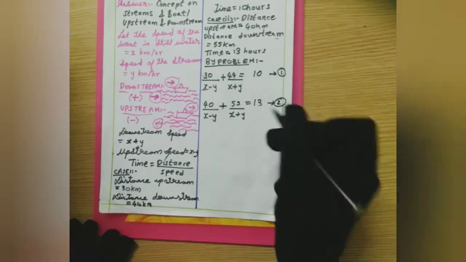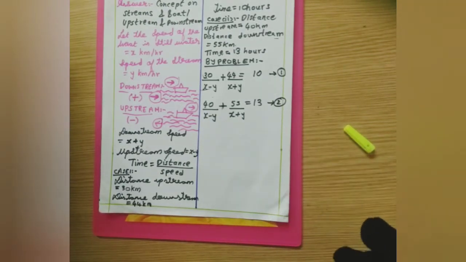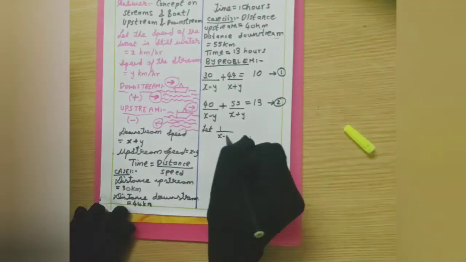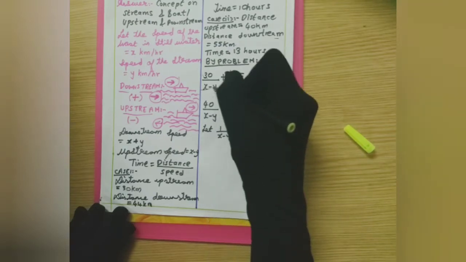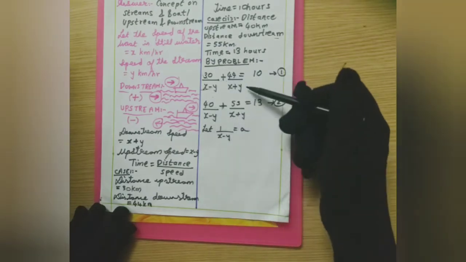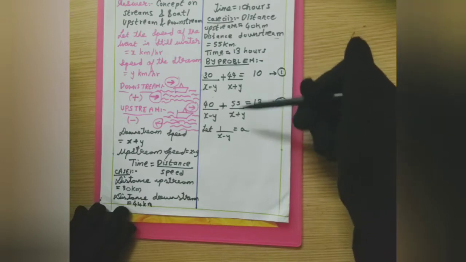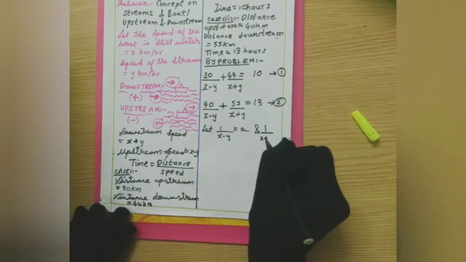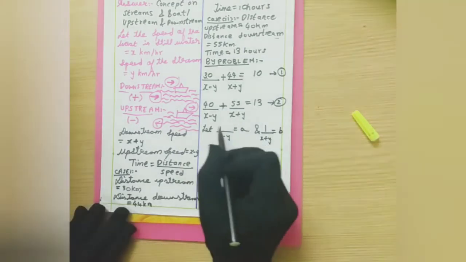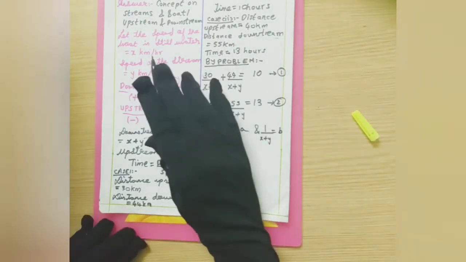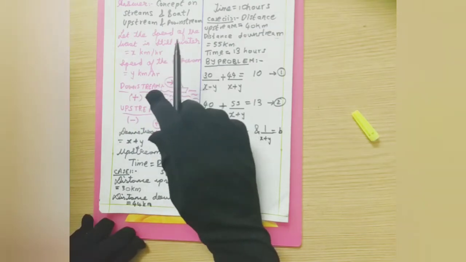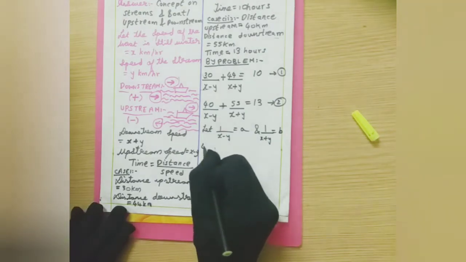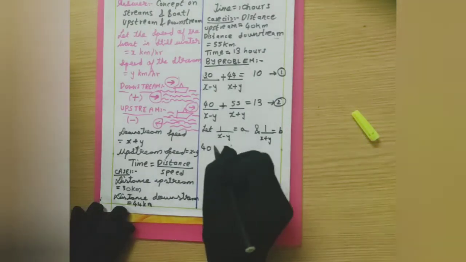Now how to solve these both equations? I have many problems on my channel on how to solve these equations, but still will solve. Okay, so what I'll do here, let 1 by x minus y is equals to a, since x minus y is present in the denominator in first part of the question and x plus y is present in the denominator in second part of the question. So I'll assume 1 by x minus y as a and I'll assume 1 by x plus y as b. Okay, to find out x and y values. Finally, what do I want? I want x, I want y, because it asks me speed of the boat in still water and speed of the stream.